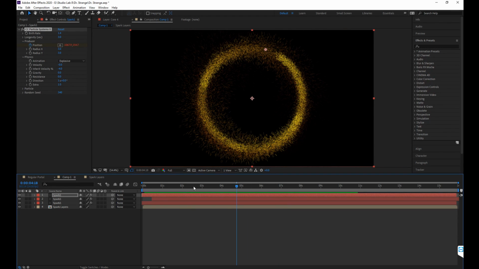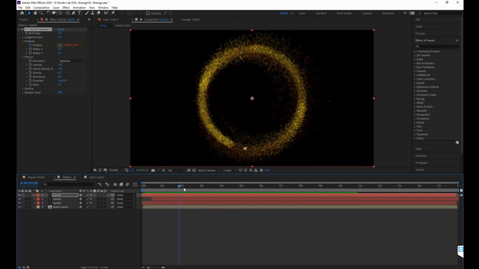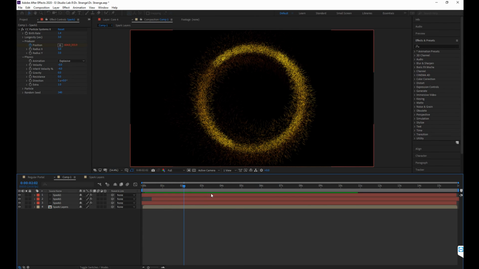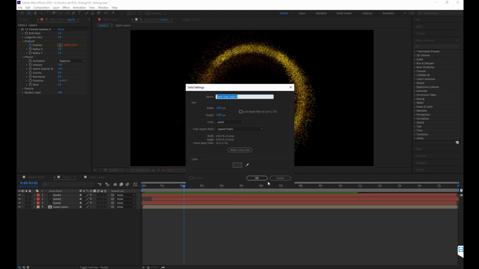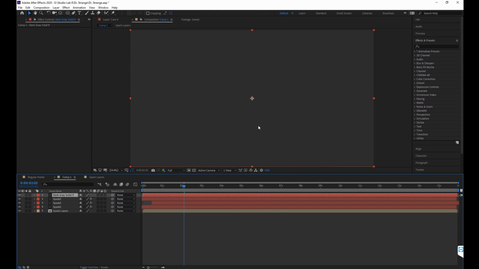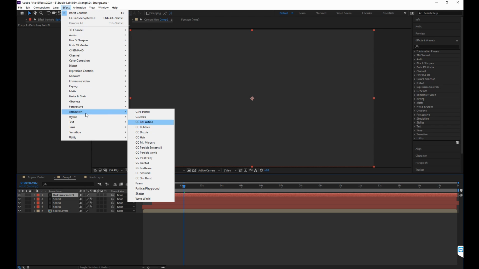So with that said, we are pretty good to go on our portal here. We are missing a couple things though, and I'm not going to do it all the way because it would take a little bit of time to properly compose this up the way I wanted it to. I'm going to go ahead and make another solid. I know it's kind of weird we keep making solids over and over again, but just keep making another solid here. And then we're going to go to effects, and some of you might go to simulation,